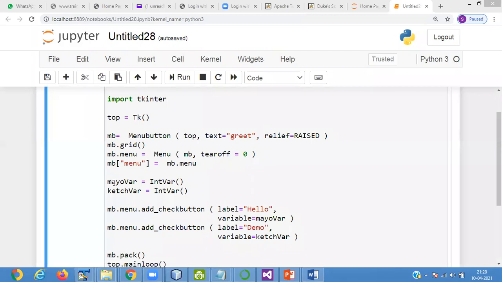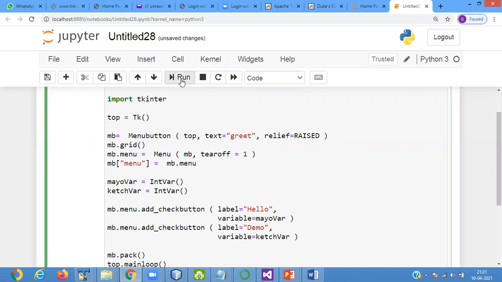Then for adding a menu, we are using mb.menu, and in menu, we are using menu classes. Object is your MB object for the menu button. Then here we are using another function that is called as the tearoff 0. So tearoff function is used to, like, if I pass tearoff 1, then what is happening?